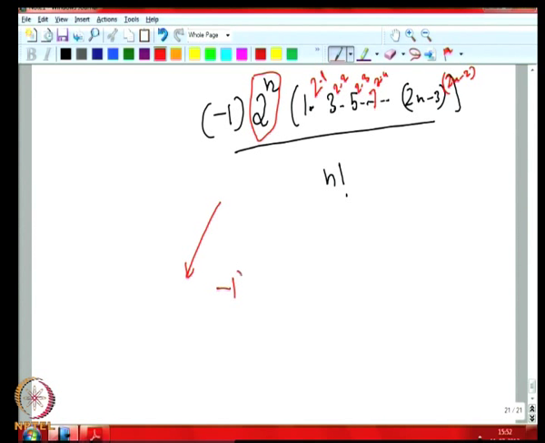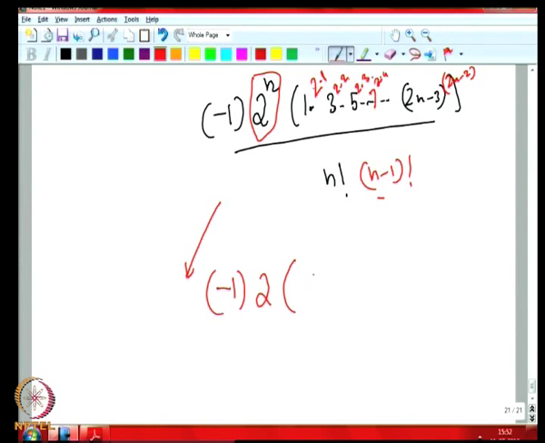So, we will get minus 1, just one 2 will remain because n minus 2's I will give for that purpose. But I also need to add 1 2 3 up to n minus 1. That means an n minus 1 factorial should be added, which I will have to get below here, n minus 1 factorial. So, to balance this, I spend this n minus 1 2's here, 2 to the power n minus 1, and this n minus 1 factorial I am just putting in the denominator.